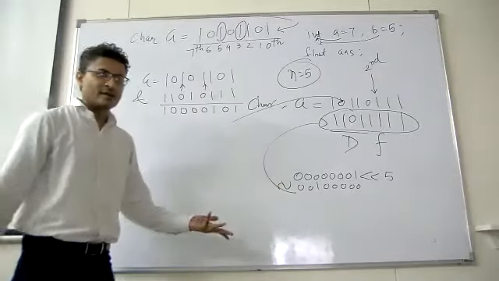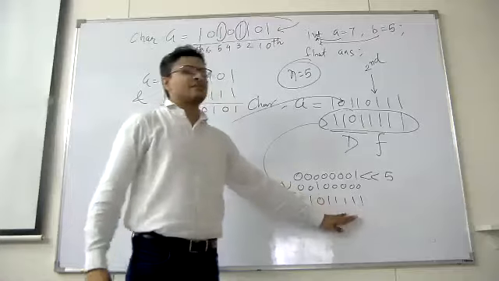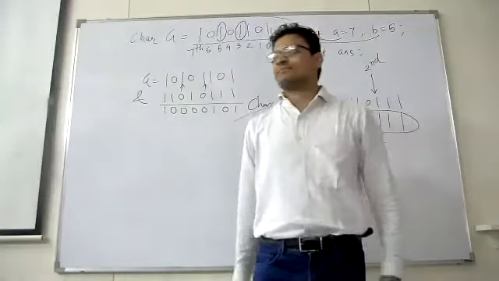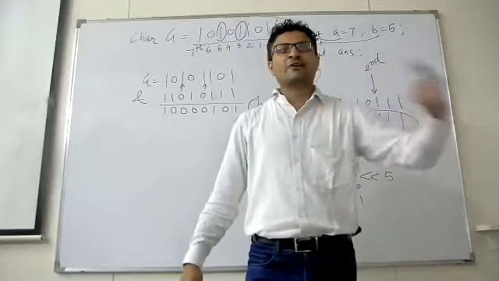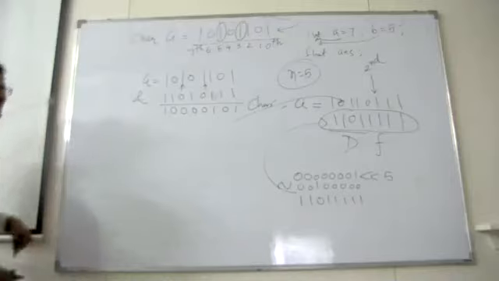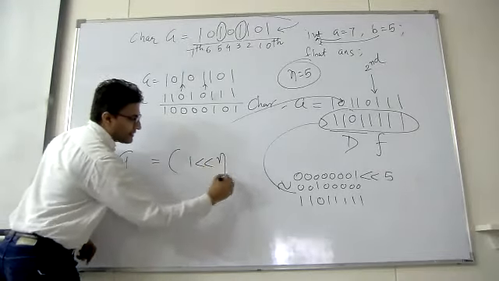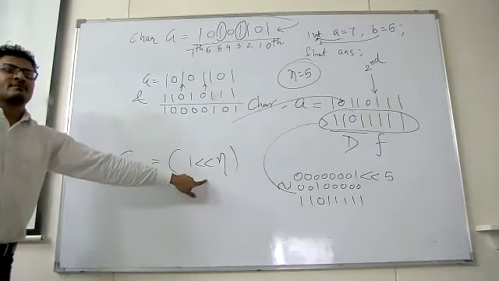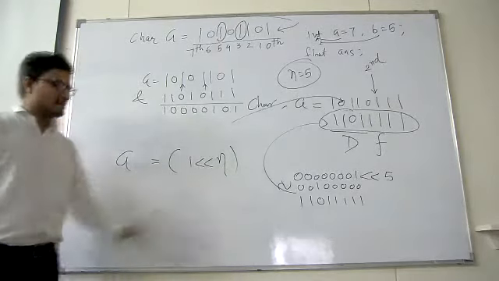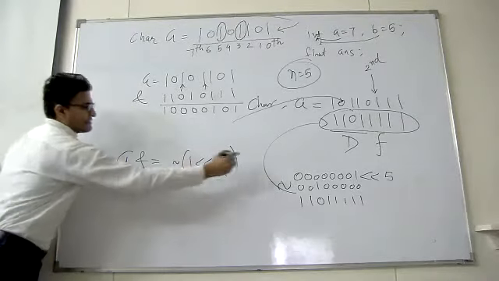Not. So no need to find out this value. Otherwise, what happens if the position changes? The value will change, and you have to calculate that value. You have to find out the x value for that. So our operation is A is equal to 1 shift left by n position, where n can be any position. Not of this, the not operation, then n.